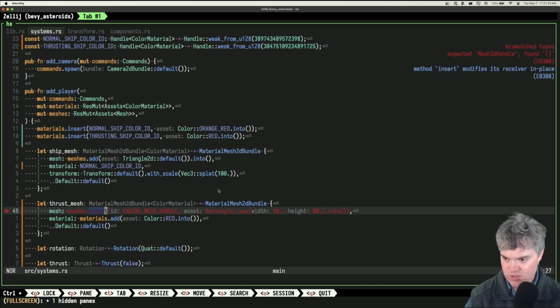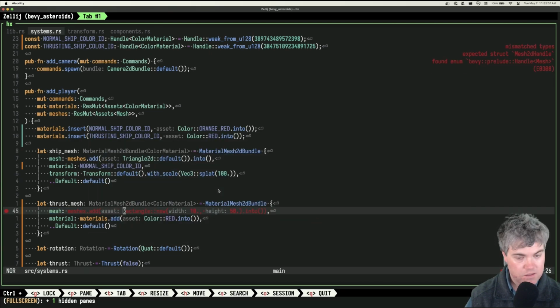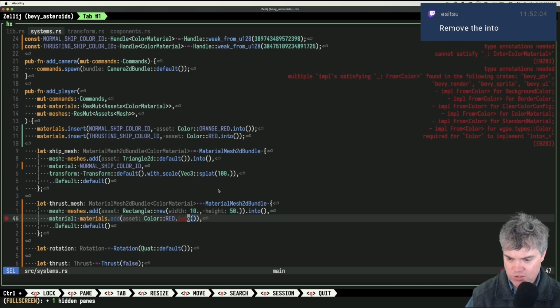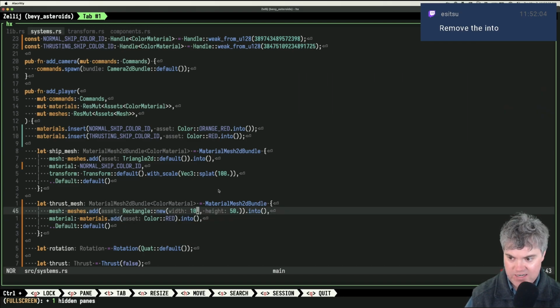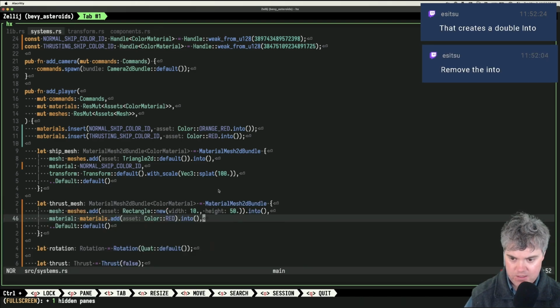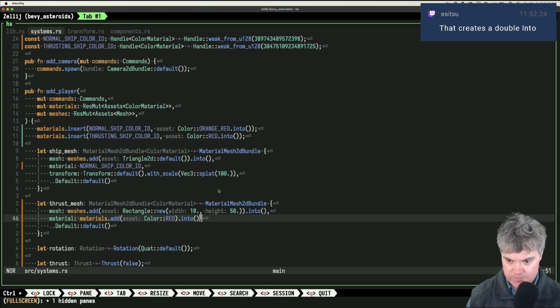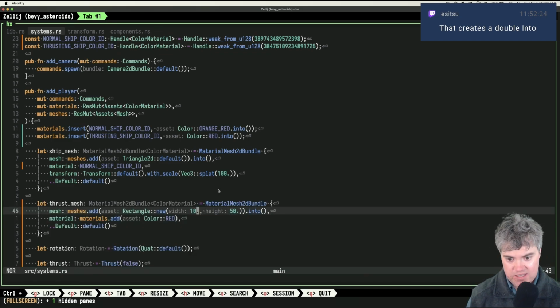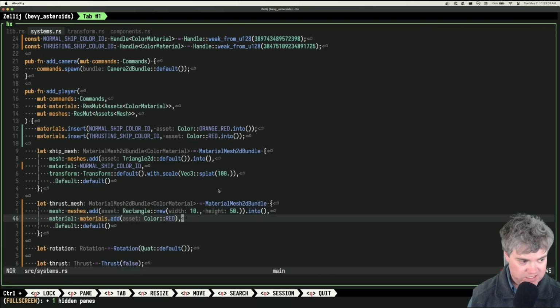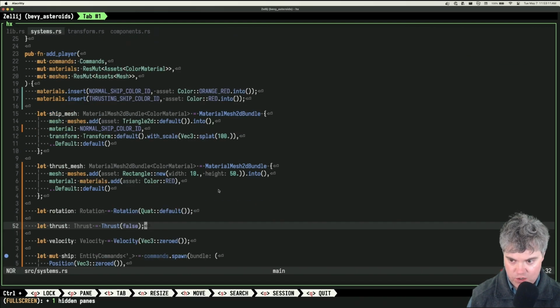Okay, so you're not going to be an insert anymore. Now you're going to be an add. Do you need to be like an into? Oh, that's what it was. Okay, so the into is on the wrong side. Do I not need the into at all? No, I need the into there. Okay, so there we go. Okay, that one has a double into. This one is needed, though, because when I take it off, it yells at me. Mismatched types. So this one needs the into. This one does not.